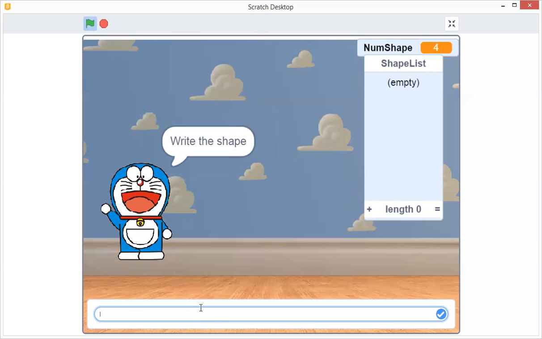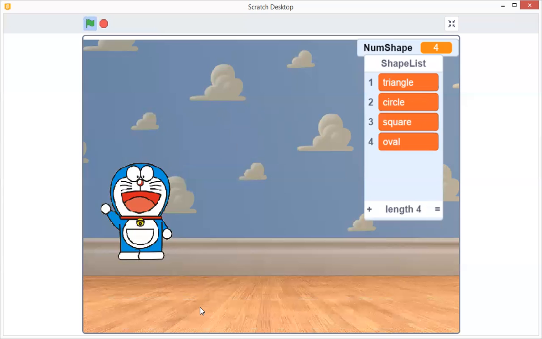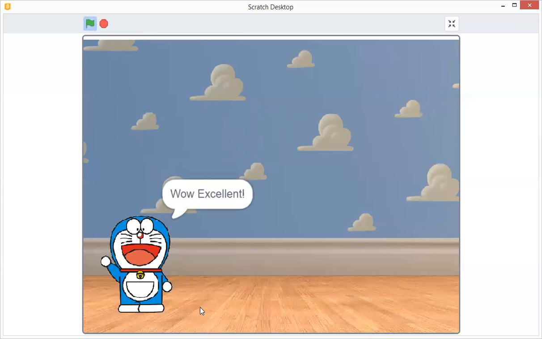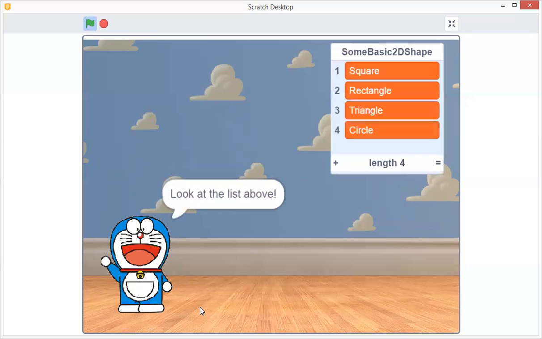The first shape I know is, suppose, triangle. The second is circle. The third shape is square. And the last, suppose, I know oval. If the answers given are more than 3, then the sprite tutor will say, wow, excellent. Whereas if those mentioned are fewer than 3, then the sprite will say, good job. Then the display is